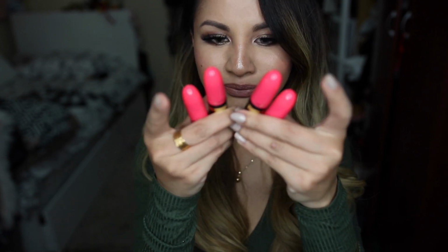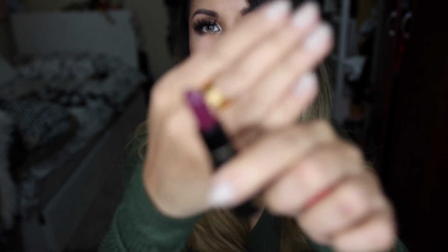Let's move on to these mini lipsticks. In Diva, it's a matte, satin MAC Red, satin Rebel, a popular shade, and Lady Danger, also a matte. So I have two satins and two mattes. I don't know which ones to start off with, so let's just go with Rebel because I've heard a lot of people talk about this shade and it's supposedly a very popular purple